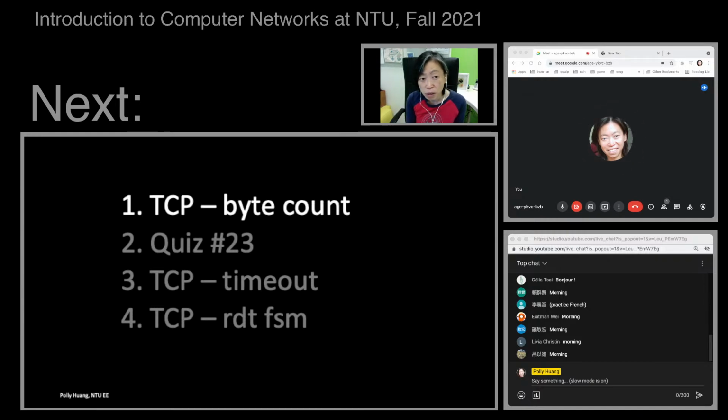What's also unusual is that in those RDTs, we assume a simple case where one side sends data only, the other side sends acknowledgements only. But in TCP, one side can be the client, the other side the server. The client might be sending request messages, and the server might be sending response messages. Both of these messages are real data. So the two sides in a TCP connection are not just one way, it's bidirectional. Data can go this way and data can go that way.